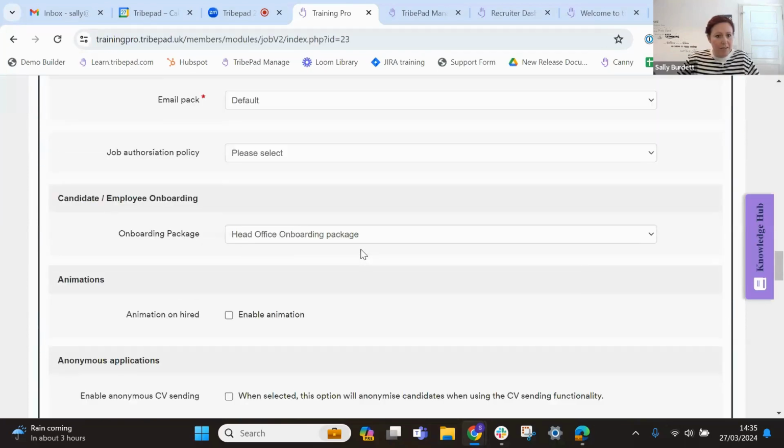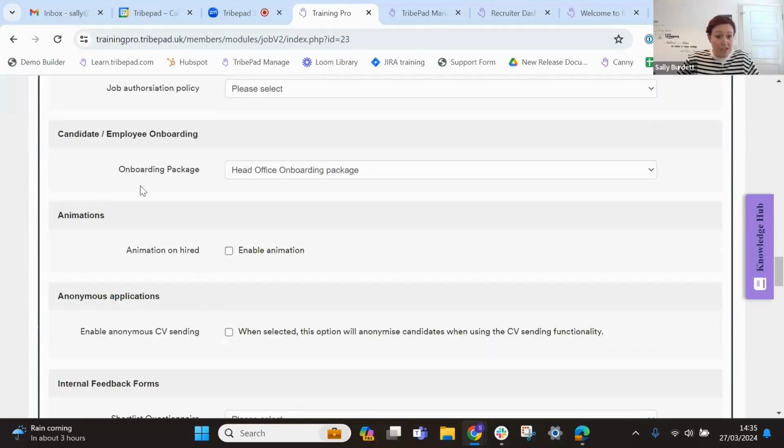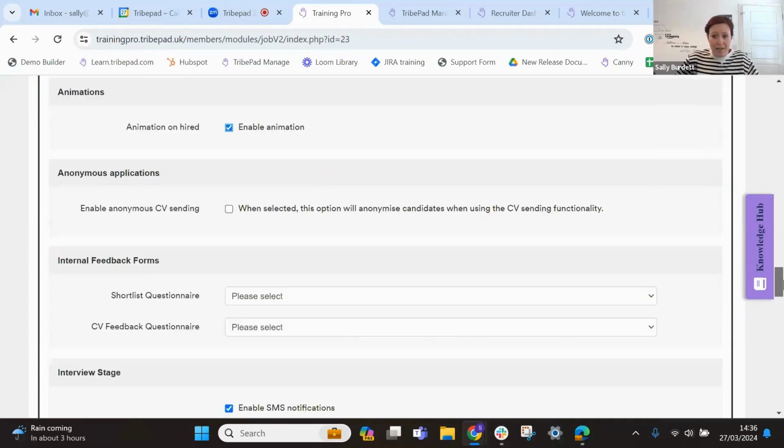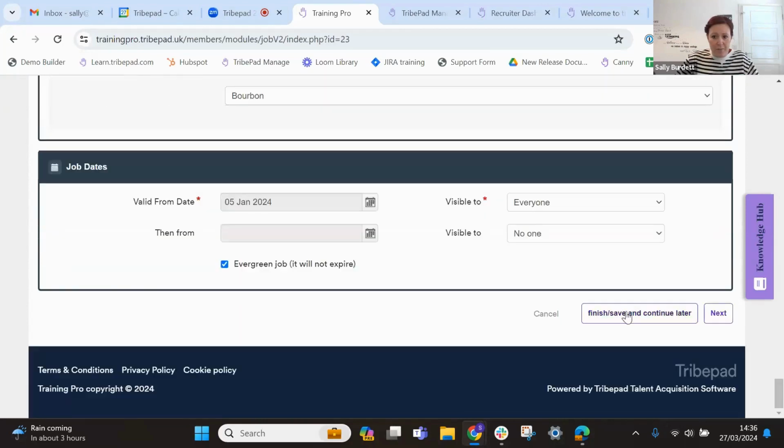And under our candidate processing section, we've now got this animations option that's going to be turned on. You can use this if you want to. It's going to be, I believe, a default turn on for everybody, but you can untick this box. You don't have to use this option. And essentially, it's an animation on hired. So if I go in and save that job down at the bottom,